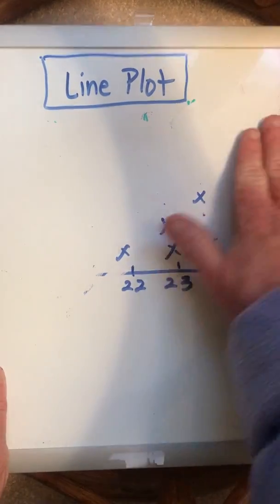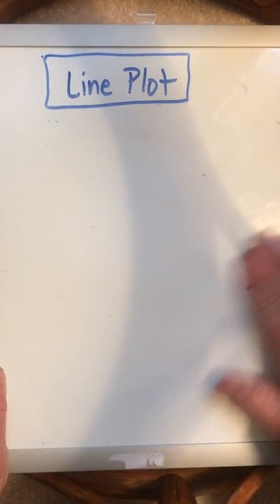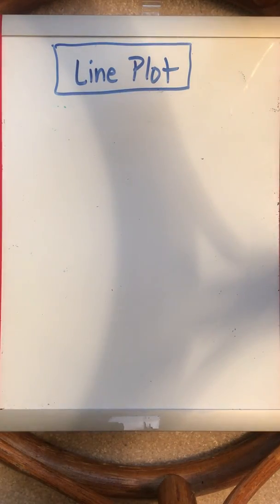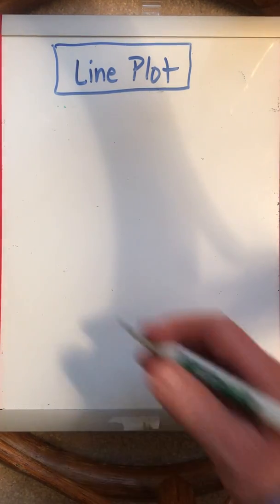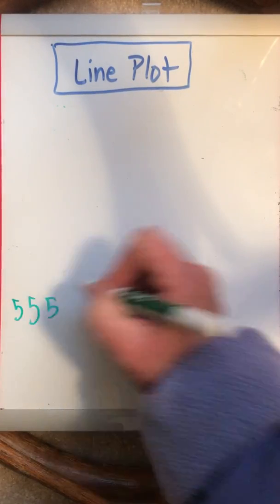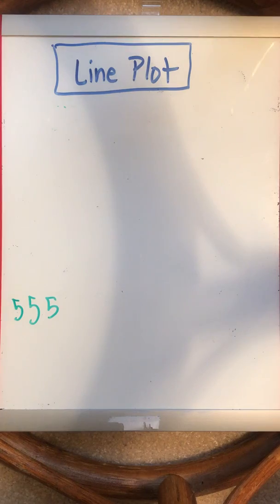If you have information such as this that you would like to organize a little bit, say that you're on a baseball team and you're keeping track of how many people are scoring home runs, and by the end of the year you realize that there are 3 people that scored 5 home